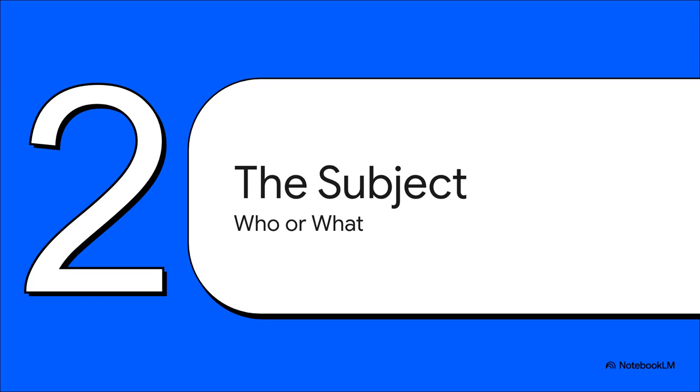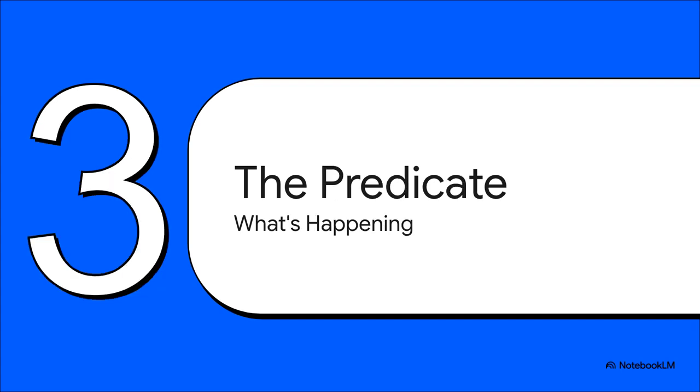So let's zoom in on that first part, this subject. I want you to think of it as the anchor of the whole sentence. It's your main character, it's your topic, it's the who or the what that the entire thought is spinning around. It's the foundation for everything else. And of course, its essential partner is the predicate. If the subject is the who, the predicate is the what's happening. This is where all the action is. It's the verb and everything that comes after it, telling us what our subject is doing or being or having done to it. This is the part that really brings the subject to life.